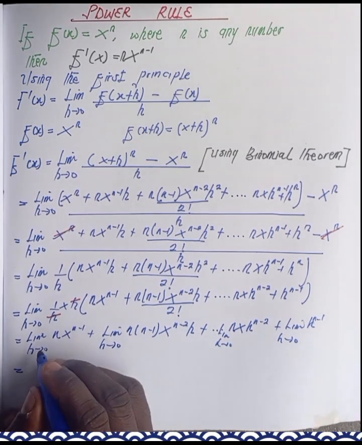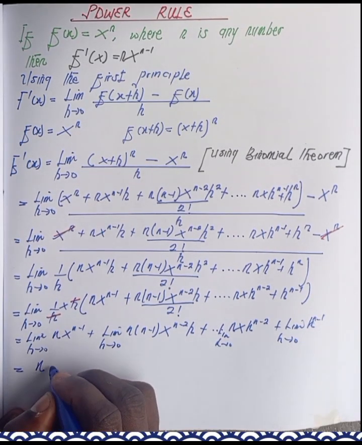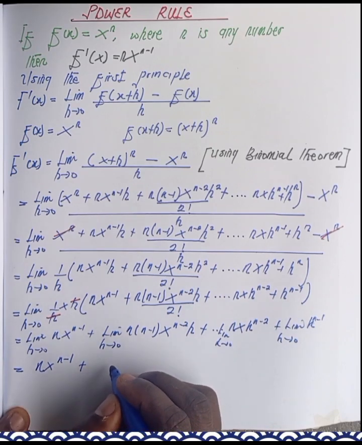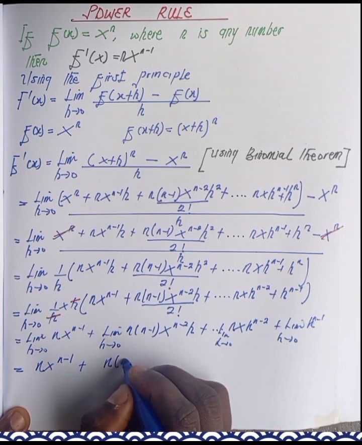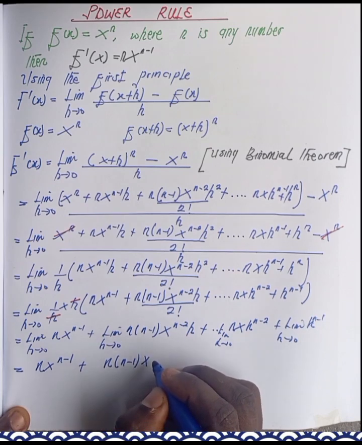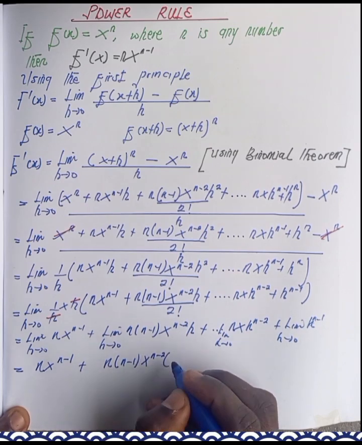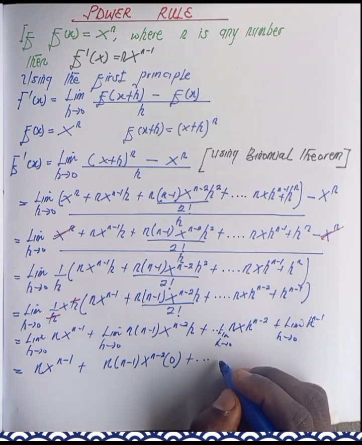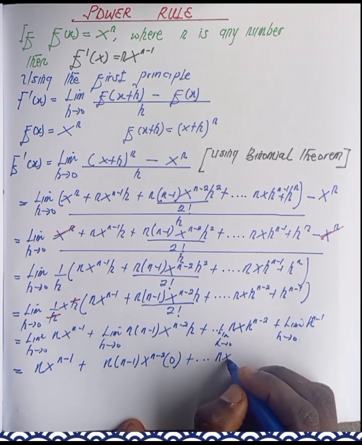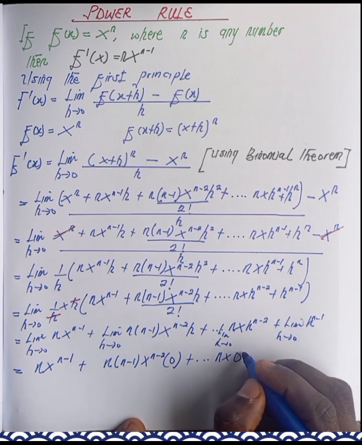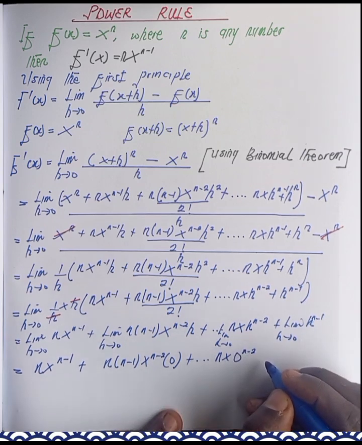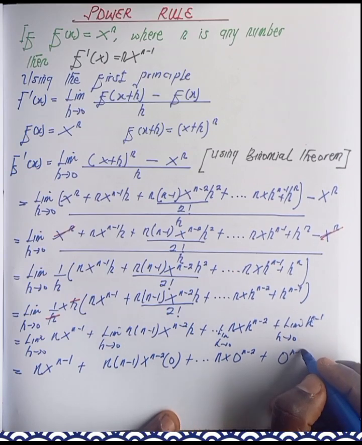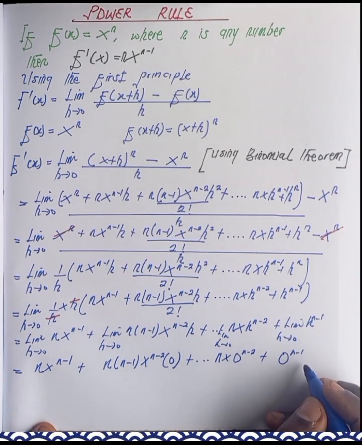So when we take the limit here, we are going to get nx^(n-1), and this is going to give us n(n-1)x^(n-2), the h is 0, plus taking the limit here, we are going to get nxh^(n-2) plus h^(n-1). So the whole of this will give us